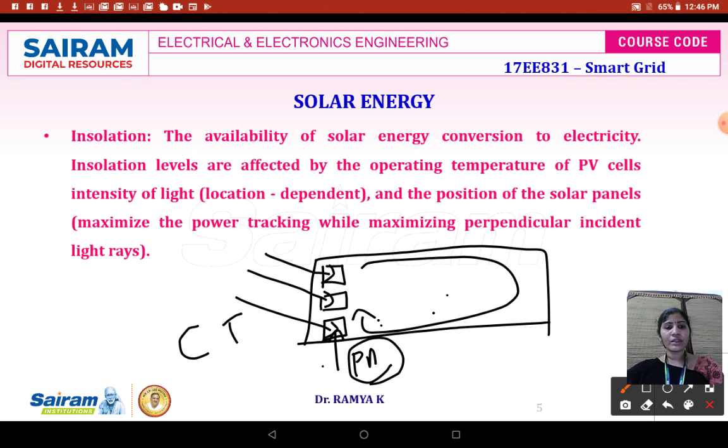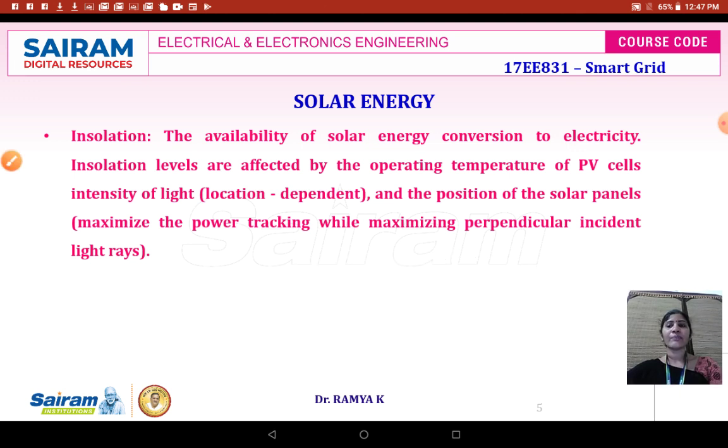It is not only that, suppose the intensity is low, or suppose the temperature is also low, then by using maximum power point tracking we can still extract a maximum amount of power. Maximum power point tracking, in addition with the integration of computational tools like ant colony algorithm, particle swarm optimization, firefly algorithm, dragonfly algorithm or honeybee algorithm. So any of these methods can be incorporated in the algorithm that is written for the maximum power point tracking,